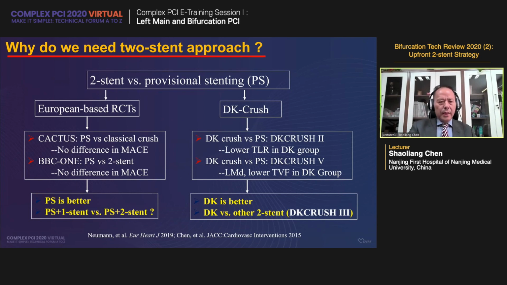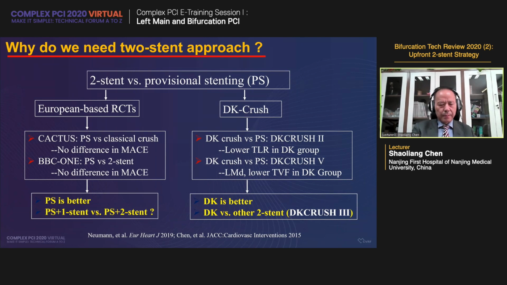So basically, I'd like to present why we need the two-stent approach. In general, so far there are only 4 multi-center randomized studies comparing provisional with different two-stent techniques. Of them, 2 randomized studies came from Europe, CACTUS and BBC ONE, which compared provisional with either classic crush or different kinds of two-stent technique. Finally, at 1 year follow-up, there was no significant difference in terms of MACE at 1 year